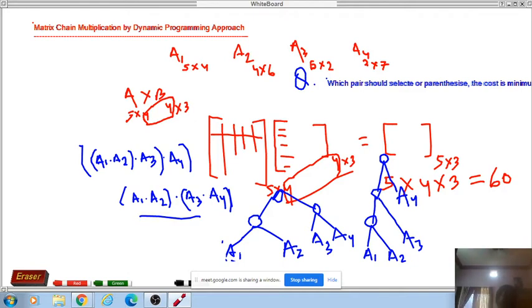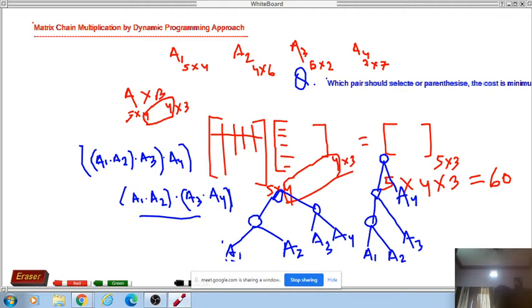But how can we choose this parenthesization? How many ways can we do it? You see, in total there will be 5 categories of parenthesization actually. So how can we find this? How is it possible to do this? It is a very difficult part to go through in a normal way. So for that, we are going to discuss an approach called the dynamic programming approach.